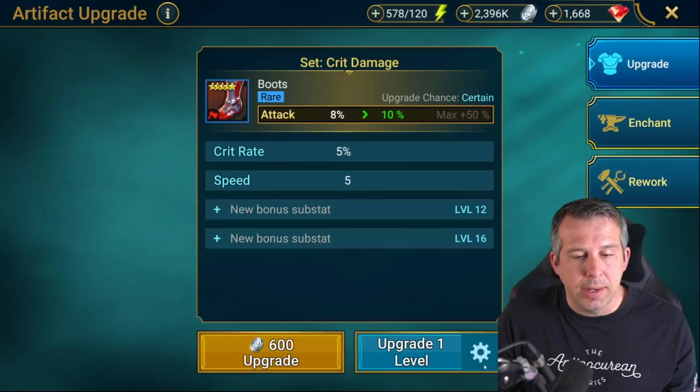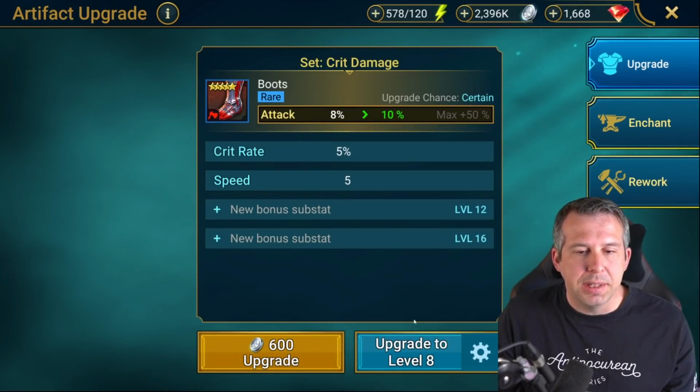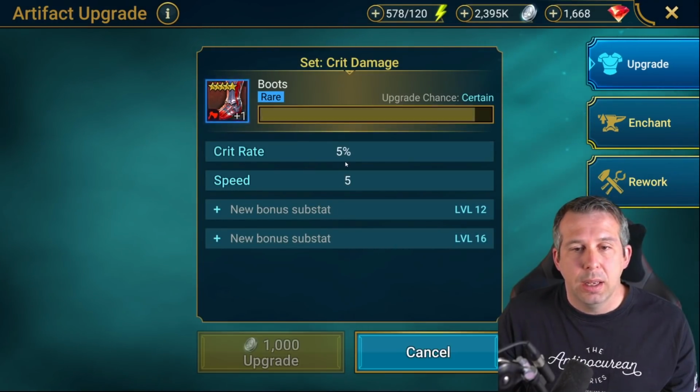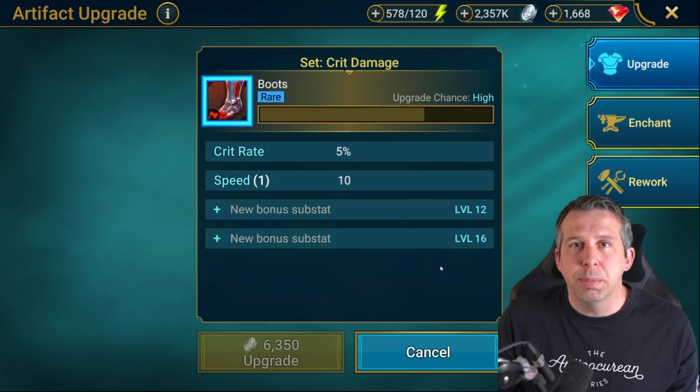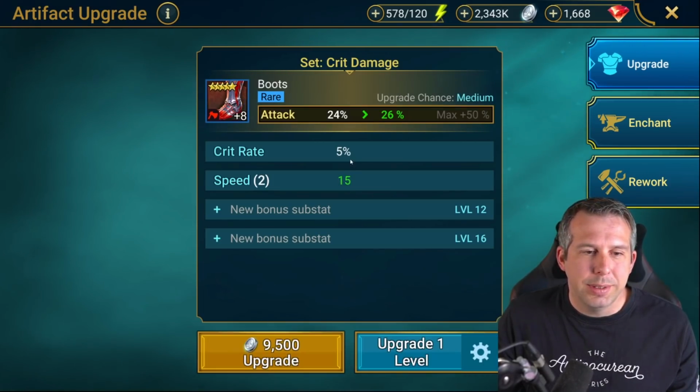Attack percent, this is a nice set of boots for a nuker, if you can get speed into other pieces of your gear. I really want to see crit rate, though, not speed. If I wanted speed, I would be using speed boots. Okay? So I want to see...